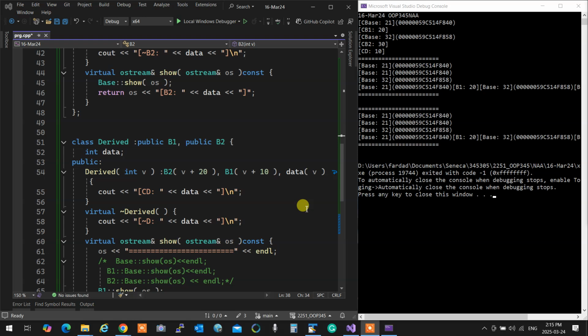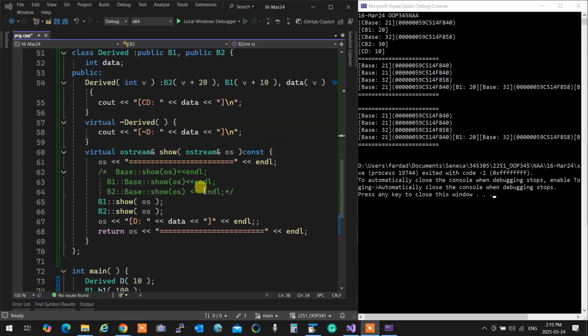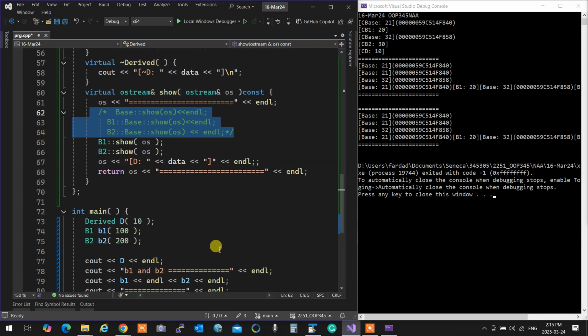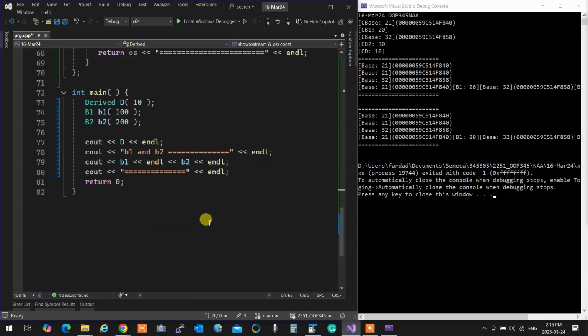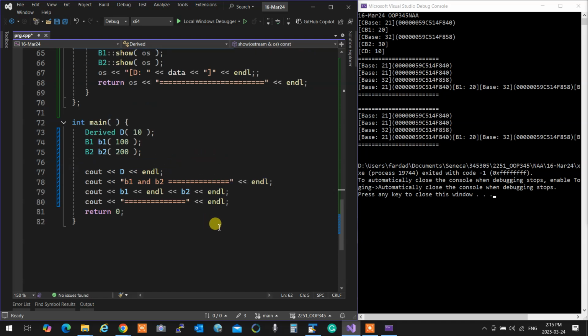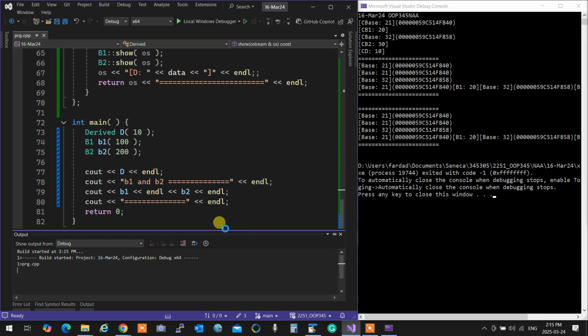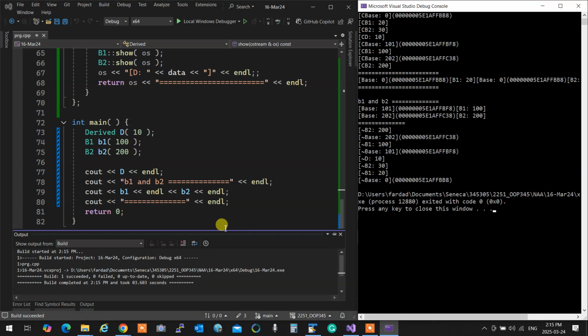So by what I told you right now, as you see, there is no need over here to base show this, base show that. They're all the same base. And when we run it, you'll see it. I'm not going to bore you with walking through it. You'll see exactly what it is.